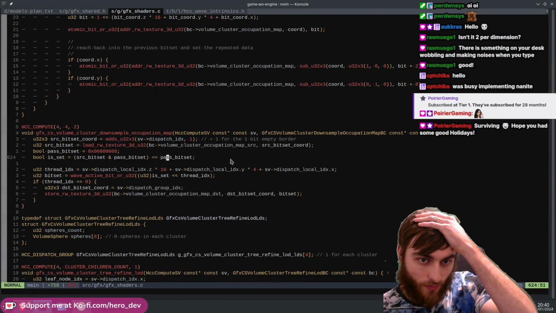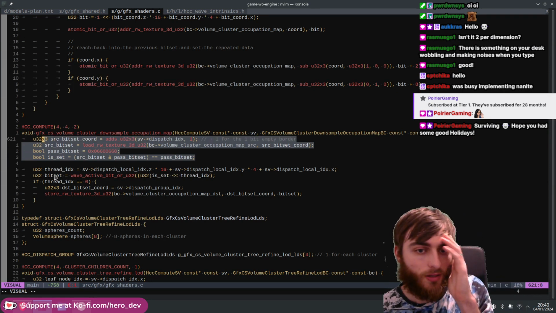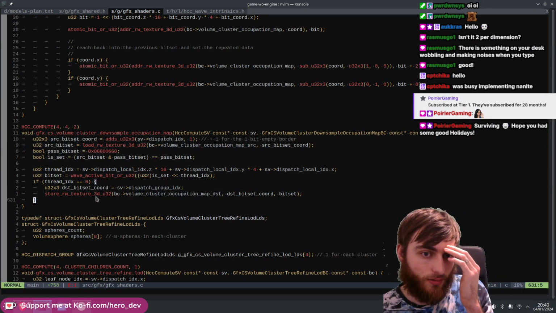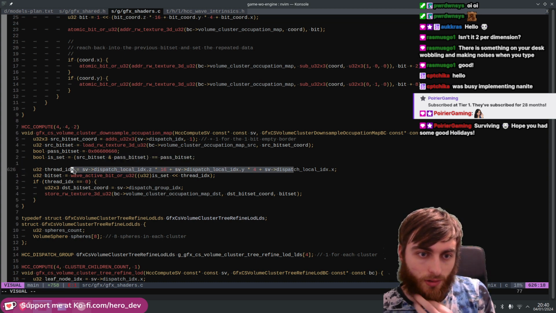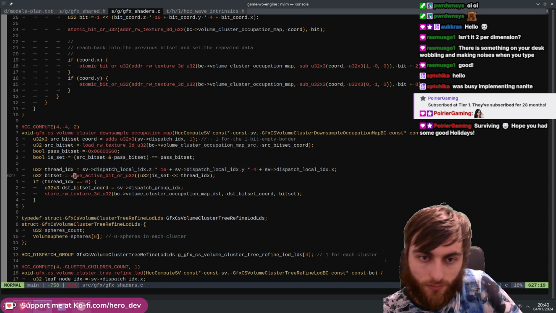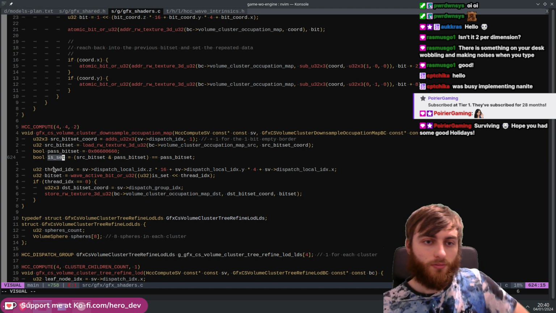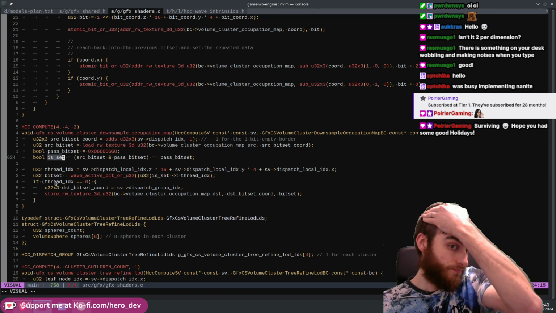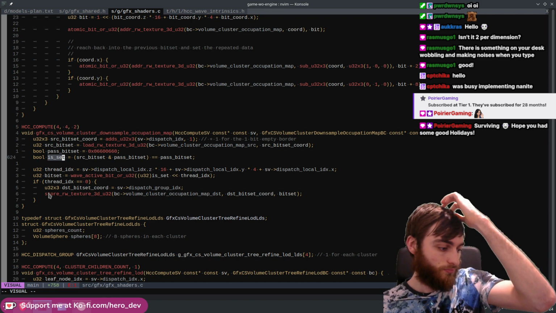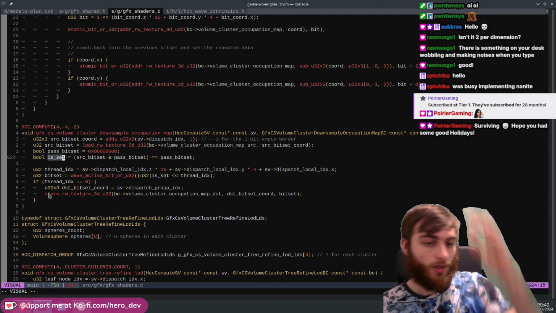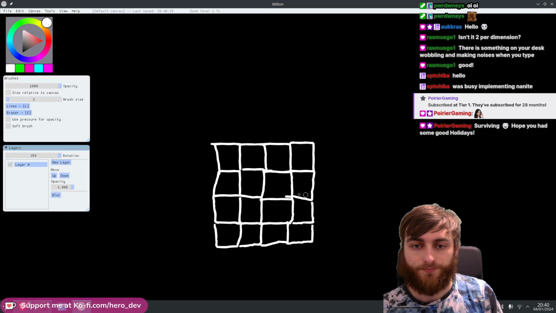So this is fine. This is not fully fine. Nearly there though. So this is fine. Right, thread index is flattening that out. This is also fine. So it's taking every thread, so each pixel within the